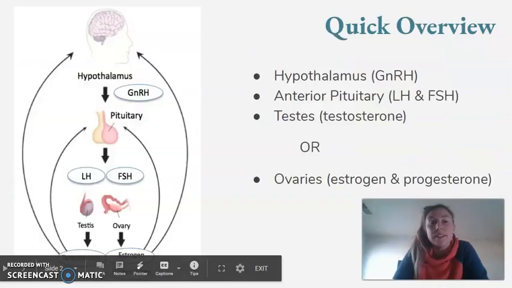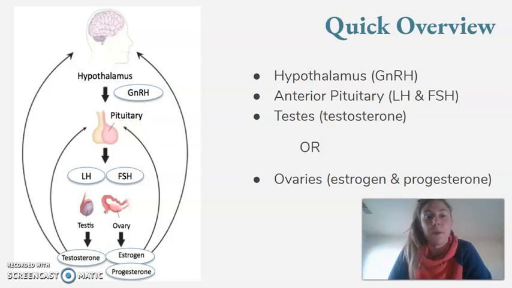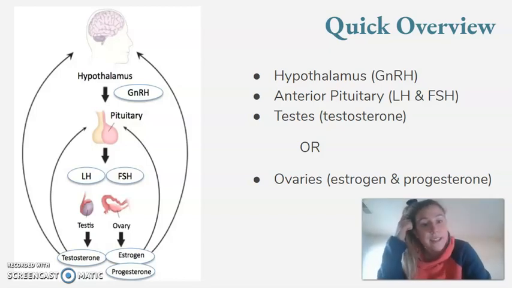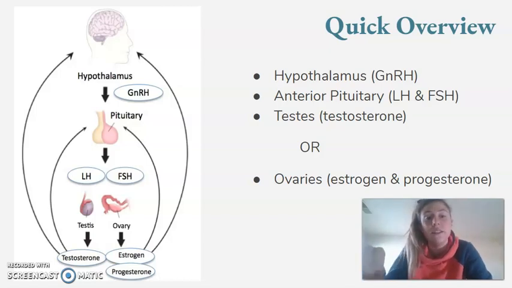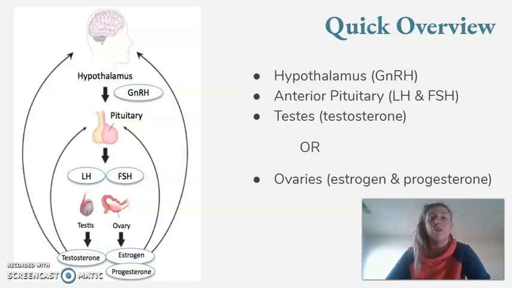Okay, so like I said, we'll be talking about the female reproductive system primarily, but there are some core similarities between both the male and the female reproductive system. So we'll overview that real quick. Like many other systems in the body, the brain plays a very important role, the hypothalamus and pituitary gland in particular. Now, remember, the testes and the ovaries, the sex organs in the reproductive system, are not functioning until puberty. So what we talk about today applies to those going through or having gone through puberty and obviously haven't